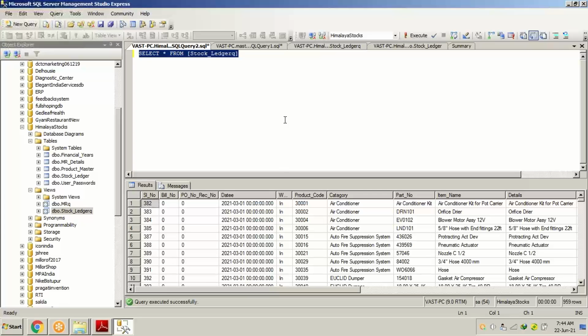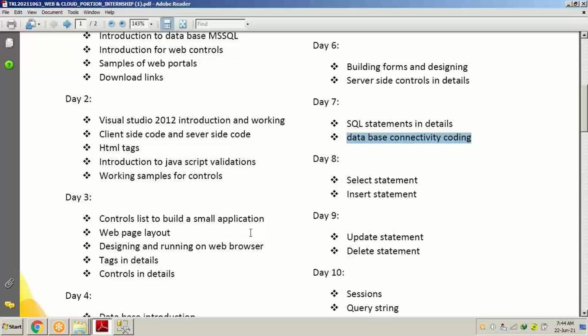Now I will start from the beginning. There are four basic SQL statements which we use to create our projects and software. We use only these four according to our needs to retrieve data and to send data into the database.